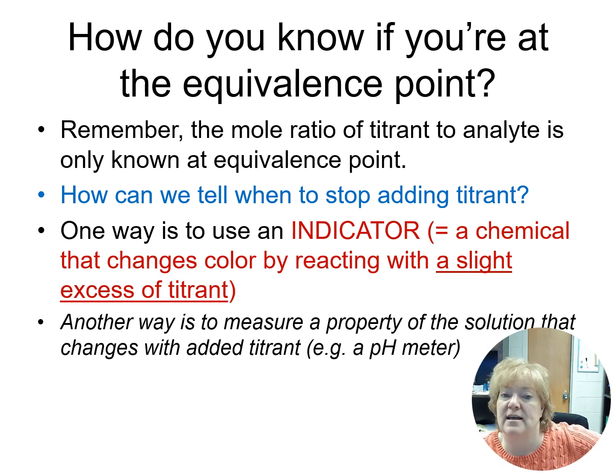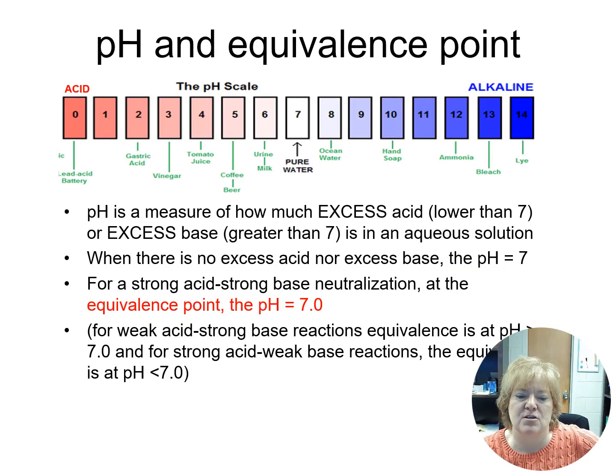So we are going to use an indicator in our lab. The indicator that we're going to use is based off of pH. Again, when I'm adding an acid to a base or a base to an acid, I know one of the properties is that if it's fully neutral, it should be 7 if it's a strong acid and strong base. It's a little tricky with weak acids and weak bases. So if I react a strong acid and a strong base, when I'm at that equivalence point, the pH should be 7. So if I can find something that turns color right at about pH 7,